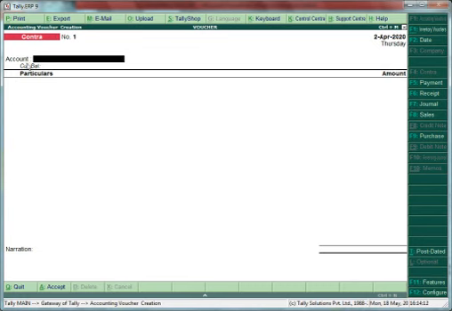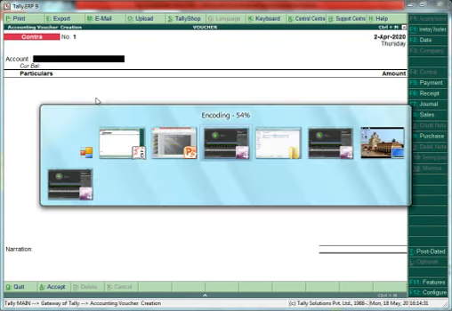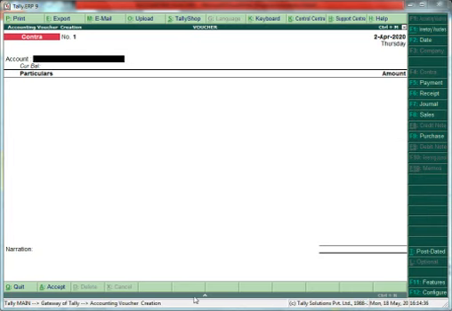Here under account, we have to put that name where the money is going, and in the particulars column we have to put that name from where money is coming. Now let's put an example: cash deposited to bank. Where does money go?